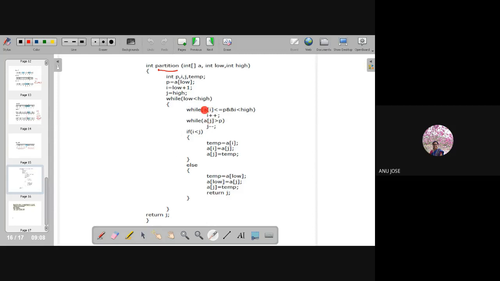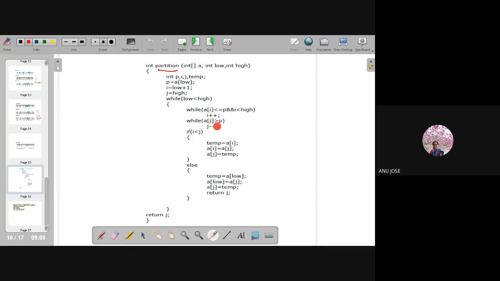So that is the logic of the while loop. Until this condition is satisfied, the while loop statement will be executing: A of i is lesser than or equal to P and i is lesser than high. If both conditions are satisfied, immediately i will be increased to the next value. Again the condition is checked, and whenever both conditions are satisfied, i will be incrementing to the next value. Whenever A of i holds a value which is greater than the pivot element, i has to stop this process, so it comes out of the while loop.